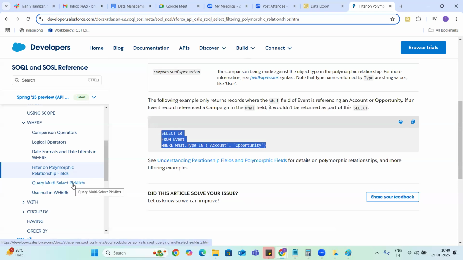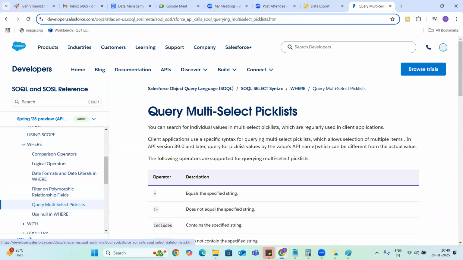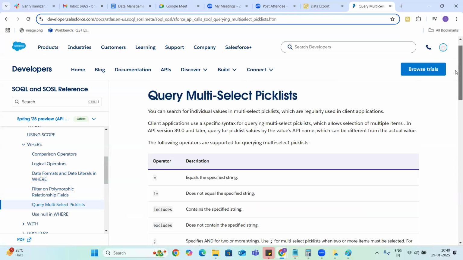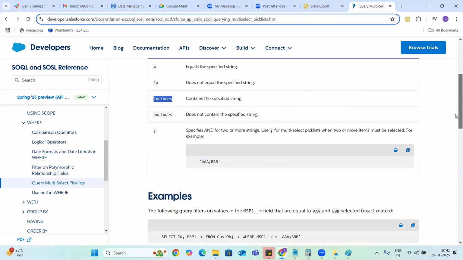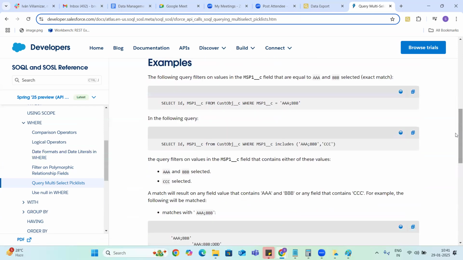The one special thing is querying multi-select fields. For multi-select fields, you have to use the includes and excludes operators, guys, because multi-select fields have multiple values. Wherever we use the in operator, in the case of multi-select we use includes.